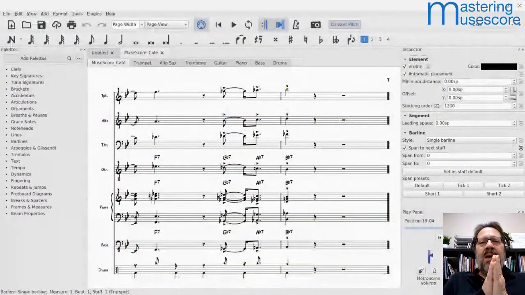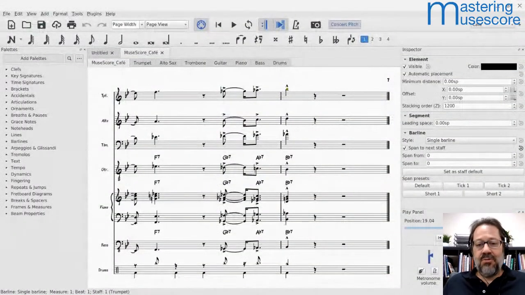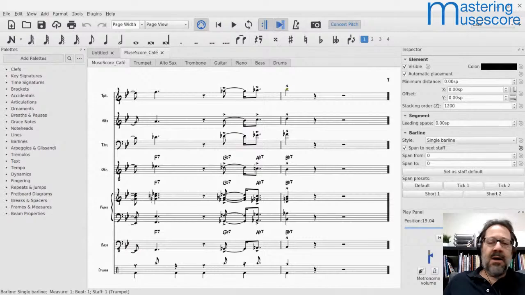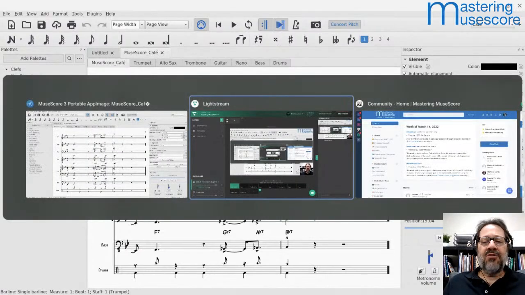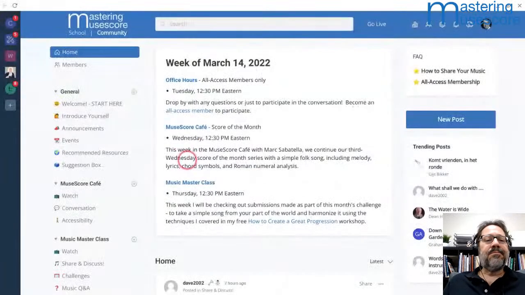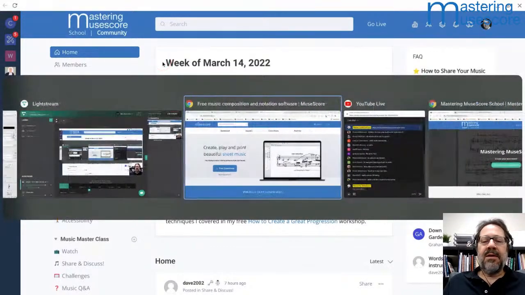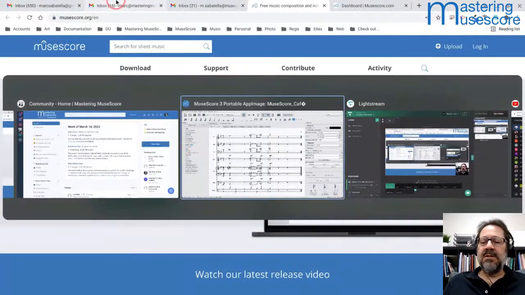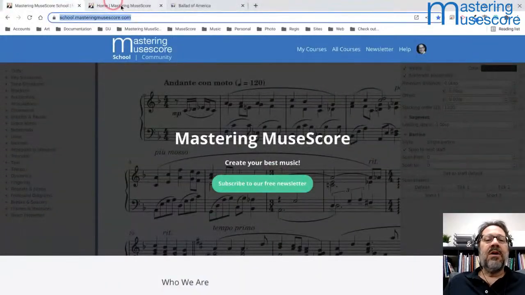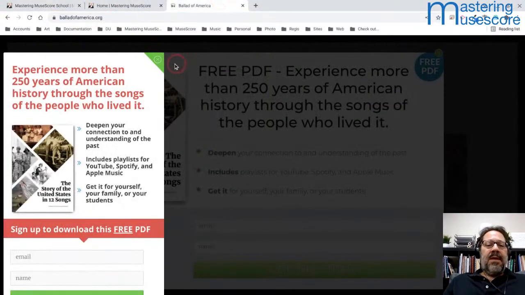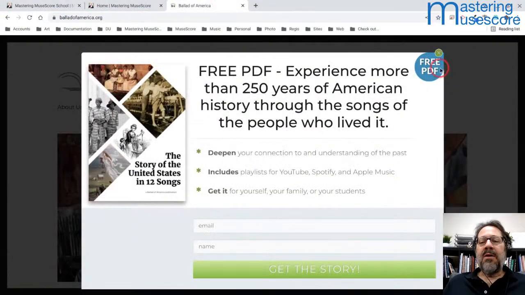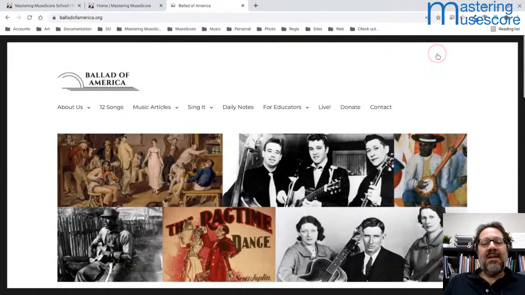So what I'm going to do is show you my brother Matthew's website, and we're going to grab a lead sheet off of there to work from. I've mentioned him before and his project. I've got to find the right page again now. Here it is. Okay, so his site is called Ballad of America, and it's dedicated to preserving American folk songs,